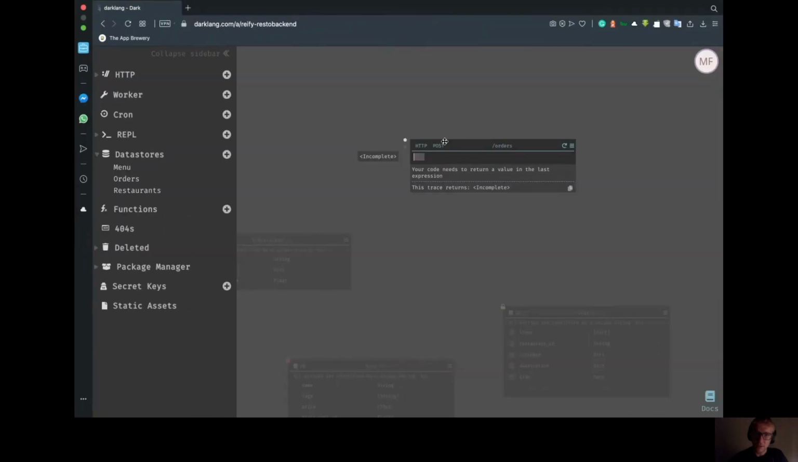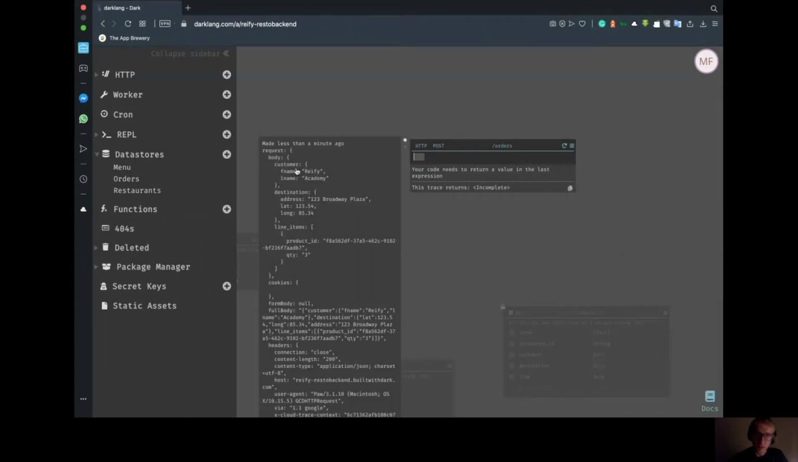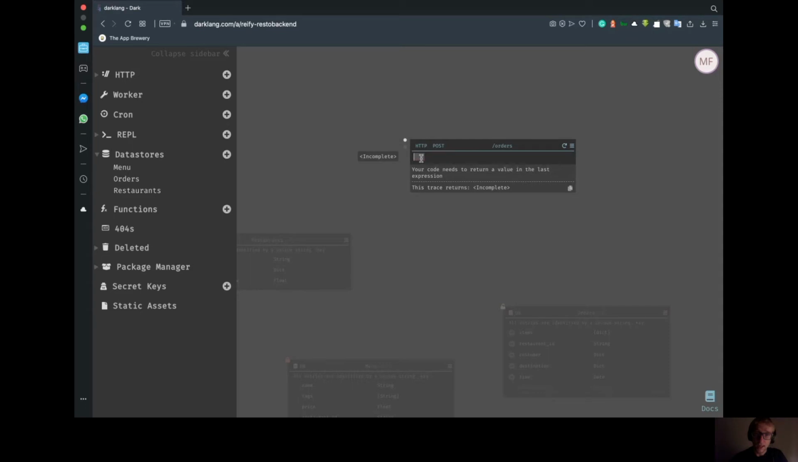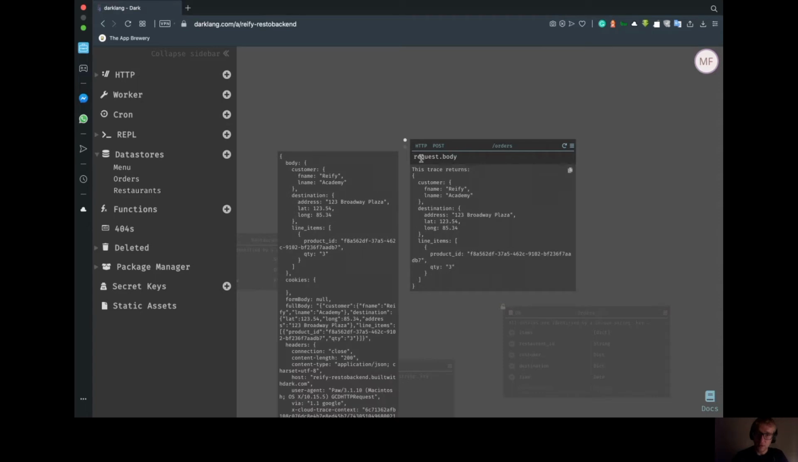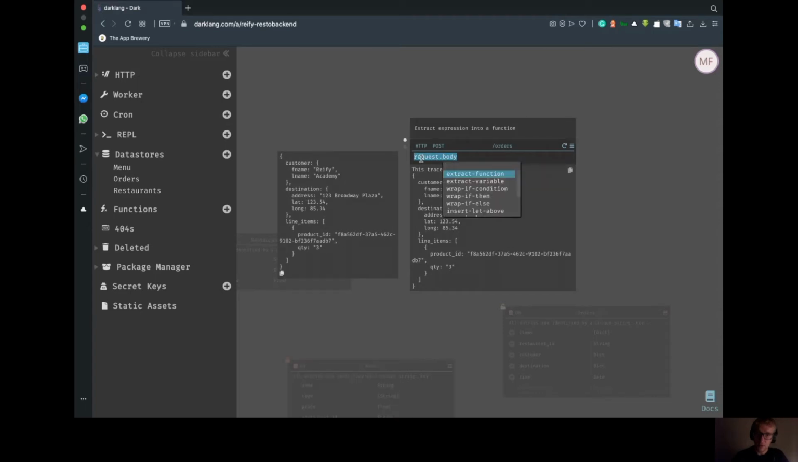Now we're getting 500. But what I'm getting now is actually, I get my whole request body. So I don't need to guess and try to remember what it looks like. I can actually type request.body, and I can see the whole thing. So what I'm going to do is set this into a variable. So I just press the shortcut Alt-X